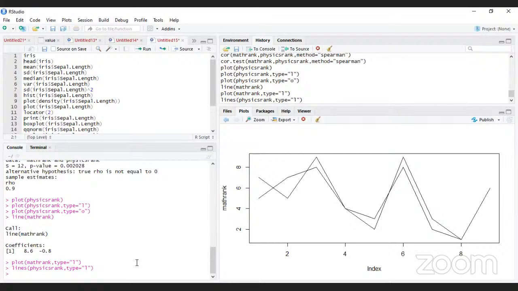Sir, I have a question. Sure. Sir, why do we write this line math rank and line physics rank at the end? Yes, because we find there is a high correlation between the two, right? So 0.90. So we are testing wherein the two variables, they are matched with each other. So if I write physics rank, just to check, physics rank minus math rank